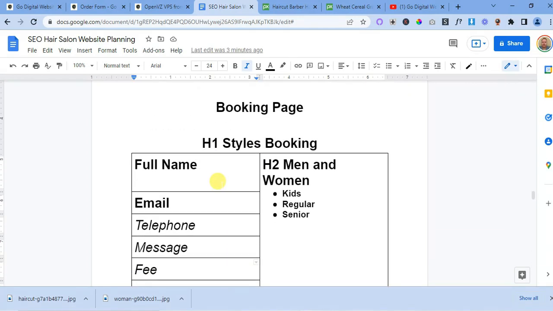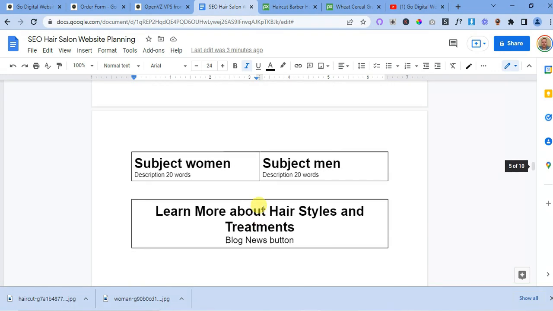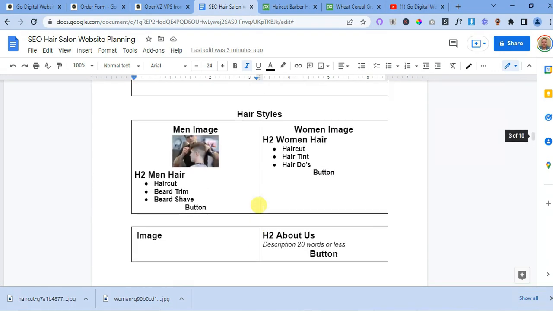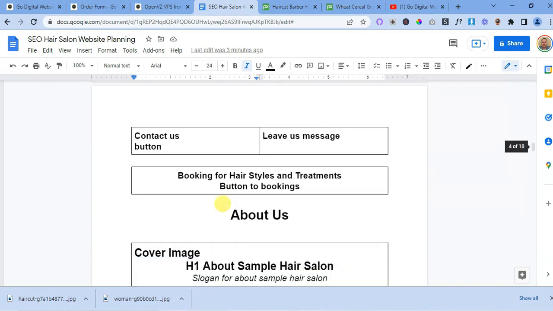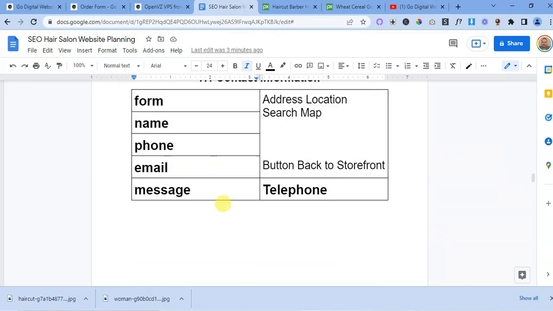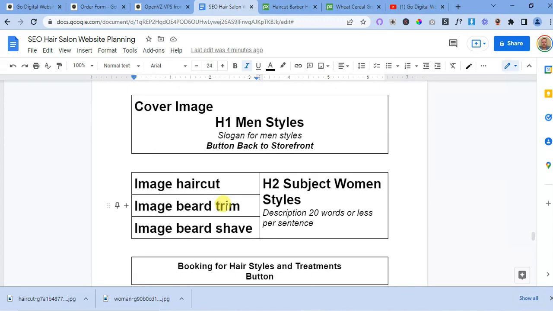Okay, so from here in the booking, you can do the basic website CMS button here, and then a button back to the storefront, to the homepage. So over here we're going to go back to the homepage, and from here you're going to go to the men hair, and then we're going to go to the men hair page. And right here we're going to have our subtitle,